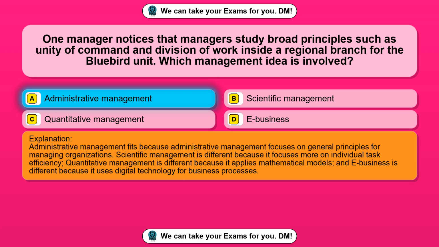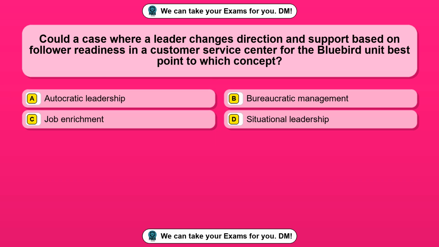Administrative management fits because administrative management focuses on general principles for managing organizations. Scientific management is different because it focuses more on individual task efficiency. Quantitative management is different because it applies mathematical models, and e-business is different because it uses digital technology for business processes. Question 77. Could a case where a leader changes direction and support based on follower readiness in a customer